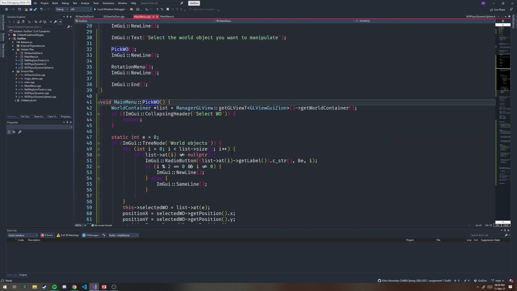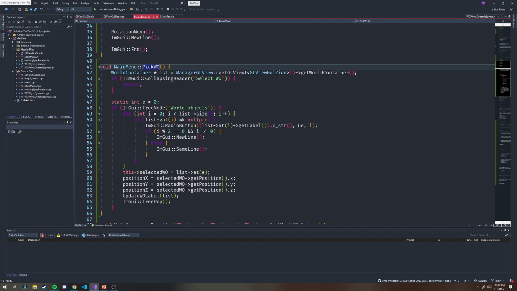The picking the world object just gets the world list from the GLV class, and then we iterate through it. And I'm doing something where we want there to be 3 on one line. I think I might have done this wrong. I think the first one's going to be 3, and then all the other ones will be 2. It's not a huge deal. It's not super aesthetic, but